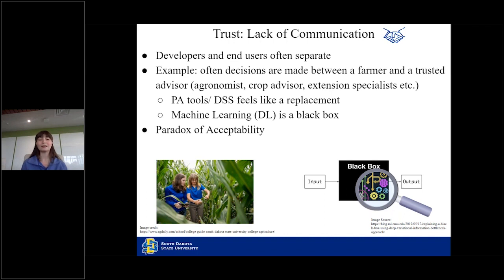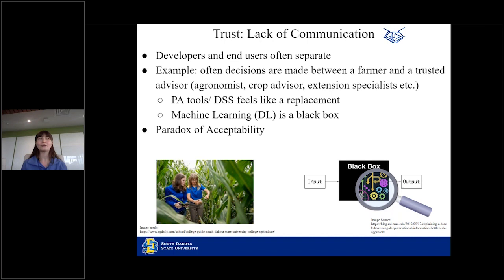And additionally, the paradox of acceptability is a huge issue that really boils down to a lack of communication. Essentially, the paradox of acceptability is when the developers of the precision agriculture tool or that software, that decision support system, they have a range of recommendations that they think are acceptable to the producer, and the producer has a completely different or a smaller range of acceptable